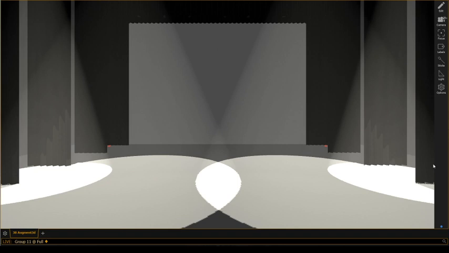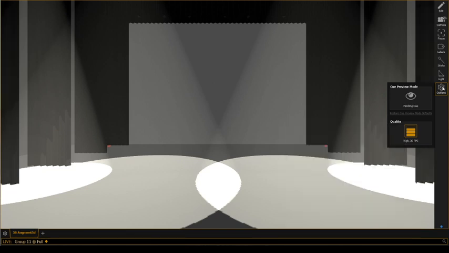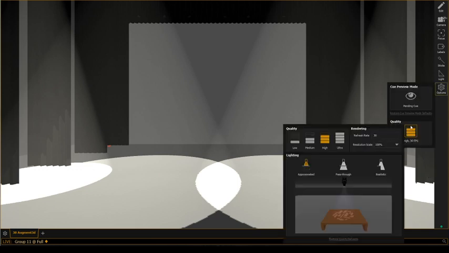So first of all, there are a few things we can do. I've got it in high mode, and you may get it in approximated mode, pass-through mode, or realistic mode. And you can see the difference occurring over on this wing here. So let me have a look. If I put it in approximated mode and get rid of that, the light is approximately where it should be, but we can still see some flags, some elements of light hitting the cloth there. If I then set it to realistic, we end up with a shadow and the light doesn't hit that